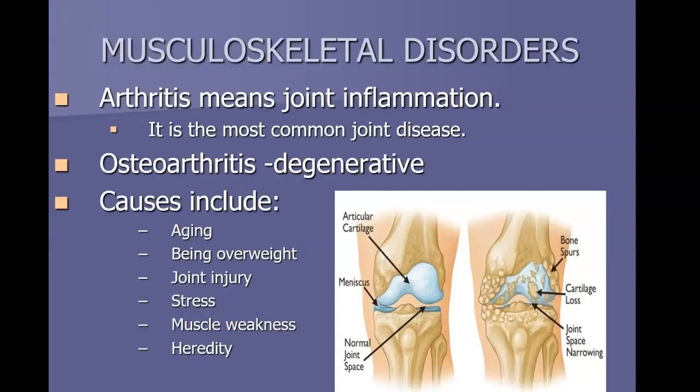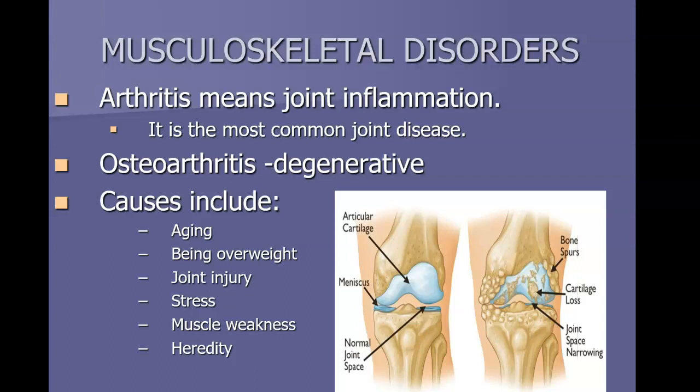Now, a couple musculoskeletal disorders we'll talk about. Most common one that we see with our elderly is arthritis, and generally osteoarthritis. Arthritis means joint inflammation. It's the most common joint disease that we'll see. There's osteoarthritis and there's rheumatoid arthritis. Osteoarthritis is the most common. It is degenerative arthritis. And usually that happens from old injuries, from being overweight chronically, aging. The bones just become gnarled up, and bone spurs happen and cartilage breaks down. And so it's very painful and very uncomfortable in the joints.